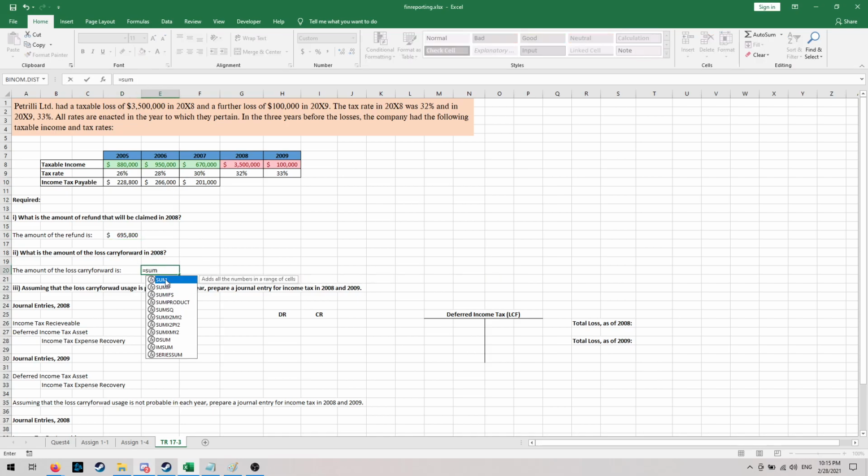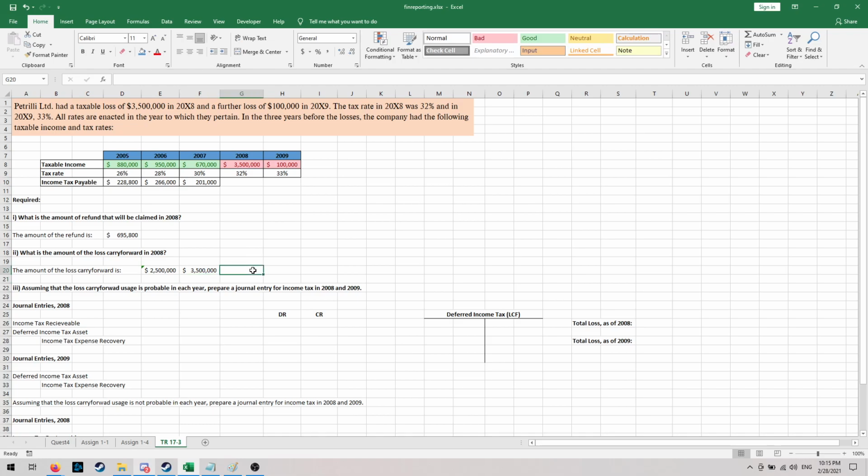We'll press sum, we'll select these cells, and we'll see that in those 3 years we made $2.5 million. Then we went on to lose the $3.5 million. And 3.5 million minus 2.5 million is 1 million. So we have a $1 million loss left over. That's how much we're going to carry forward, and we can carry that forward up to 20 years to cover